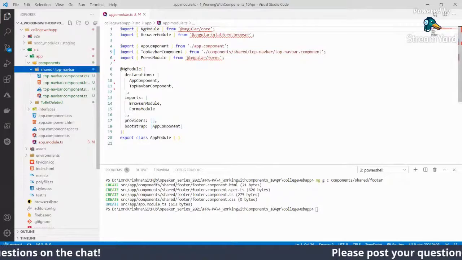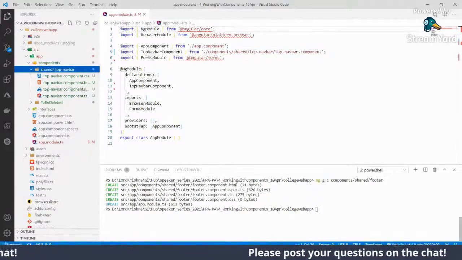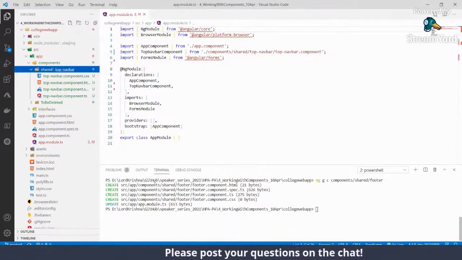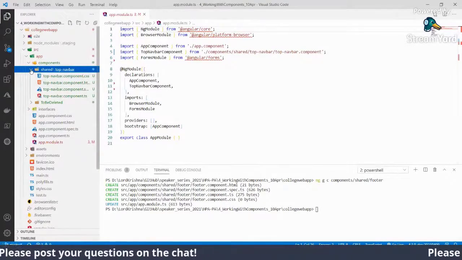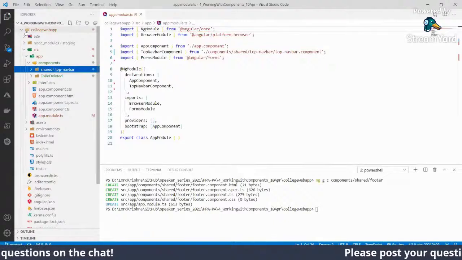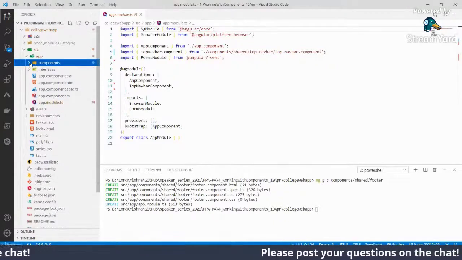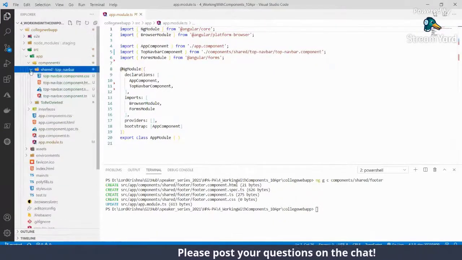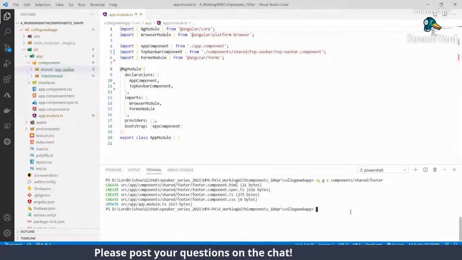It has to create app, source app, components, shared, footer. Yes, it is here. Let me refresh it.